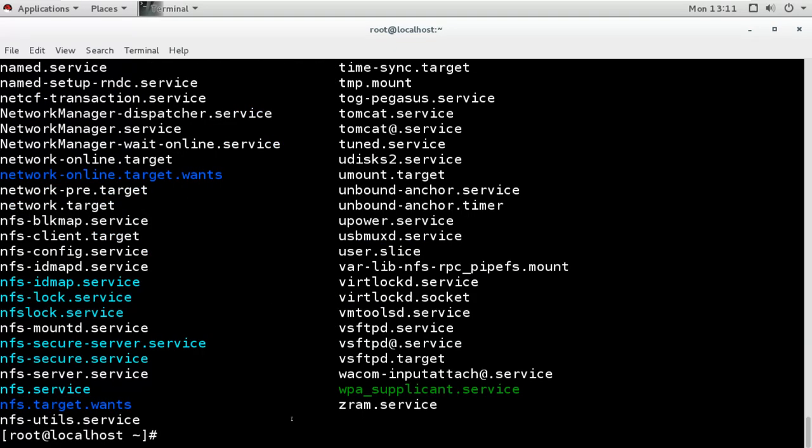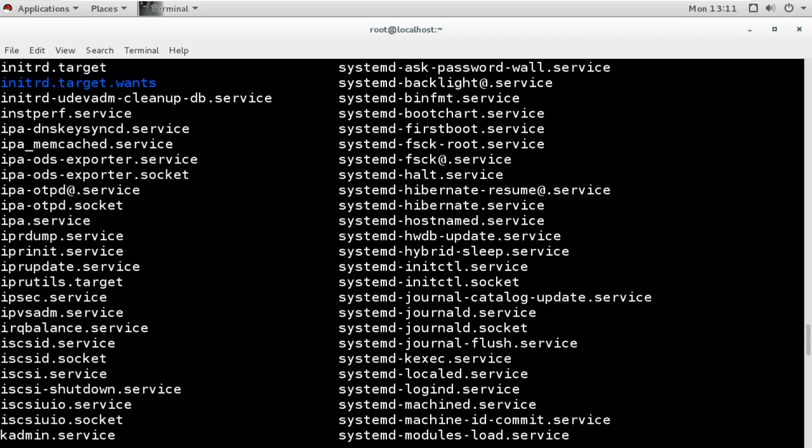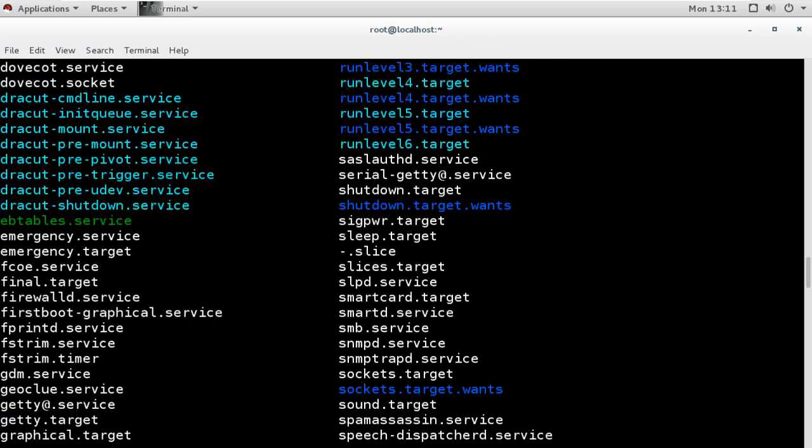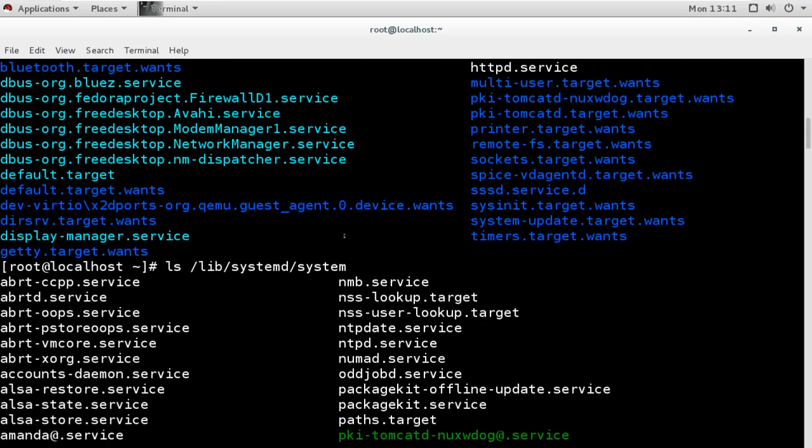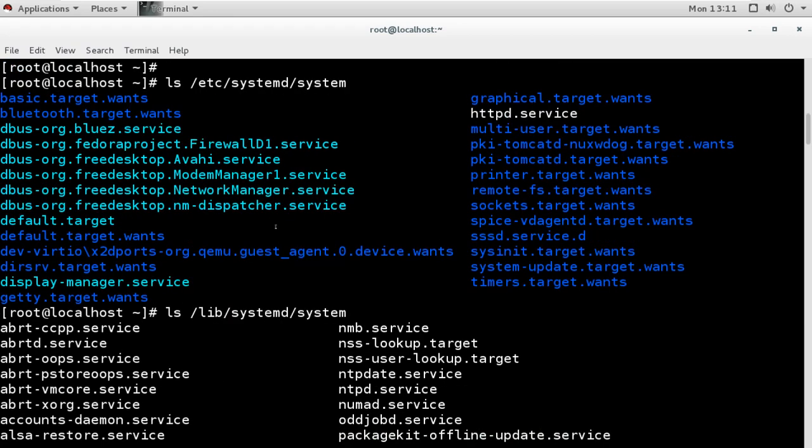So these are all the units we have here. All the units, all the services, everything is in this directory. But when our system boots, it will not load anything from here, because if it loaded anything from here, that means it would load everything. So we want control in our hand. So everything loads only from here, not from here.